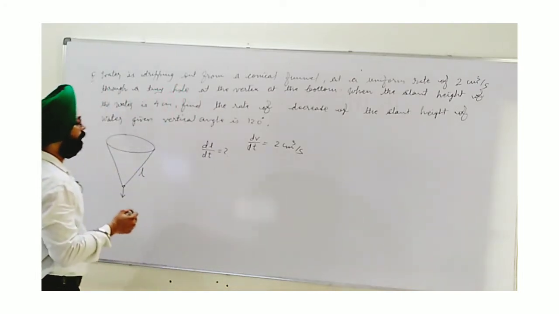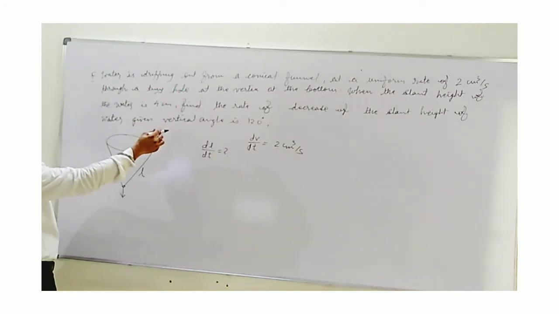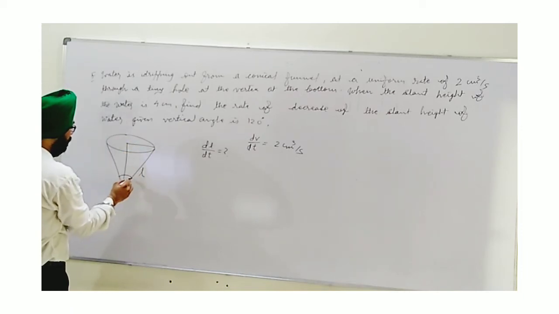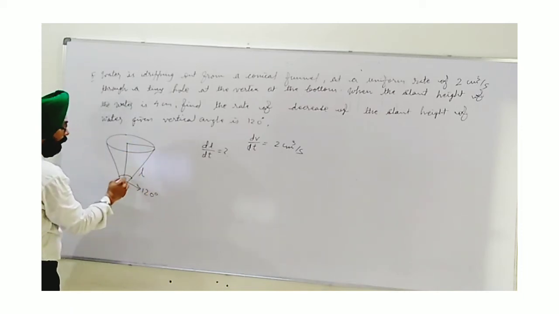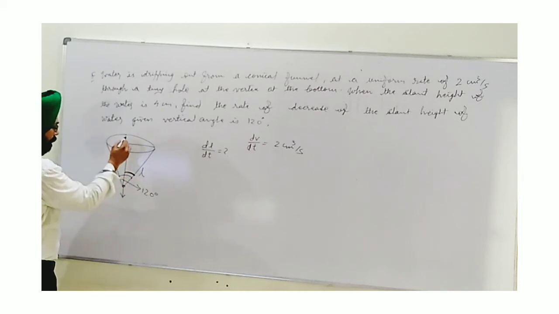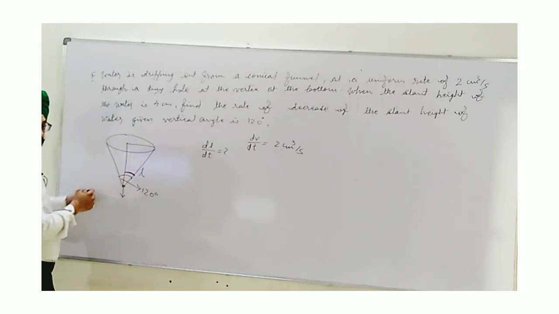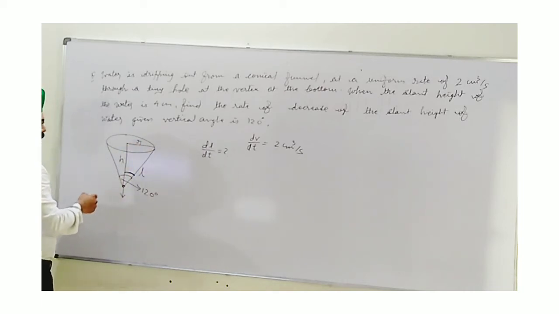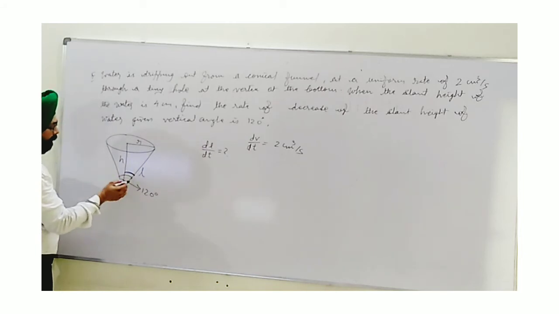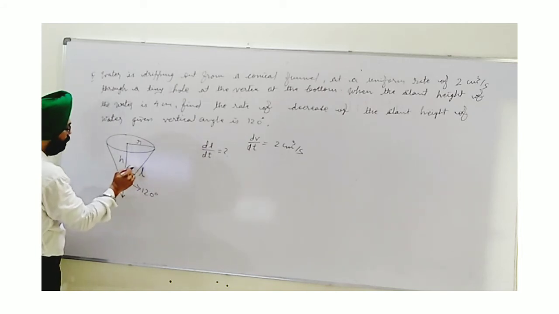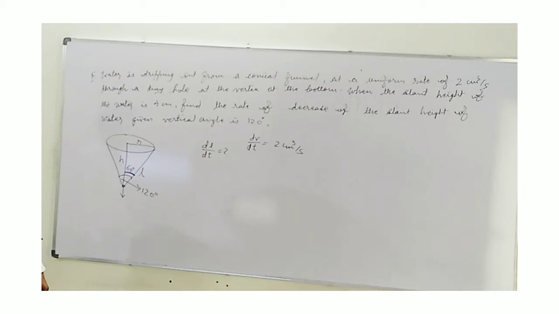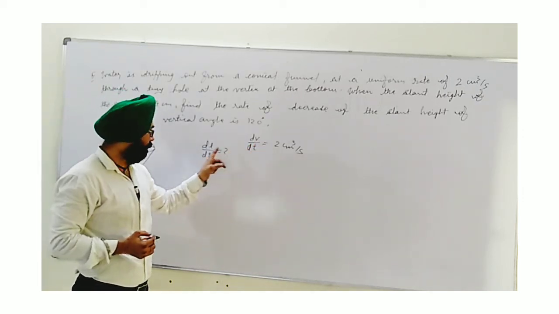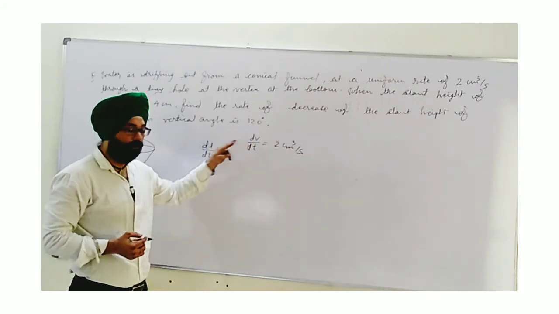Now, we are also given the vertical angle of this conical funnel. Vertical angle means this complete angle is 120 degree, and we must know it becomes half here, which is made by the height. This is perpendicular height and this is radius. So height divides this vertical angle into two equal parts, bisects it, so this becomes 60 degree. Now what we have to do? How can we proceed? As we are given change in volume, we need to find change in slant height. We need to relate these two.